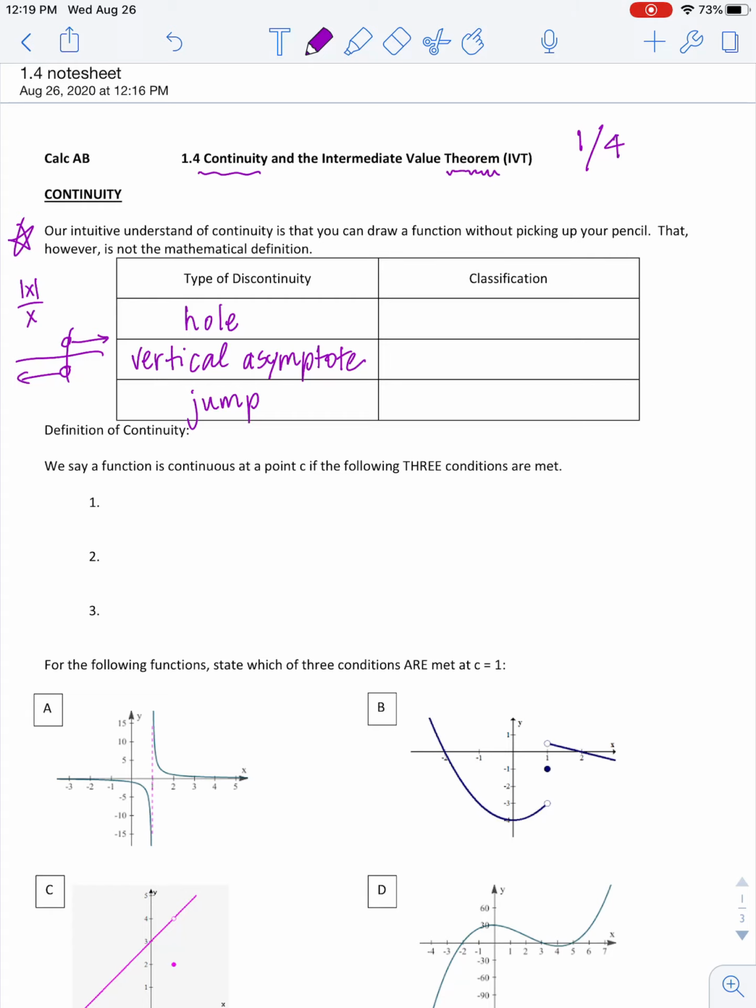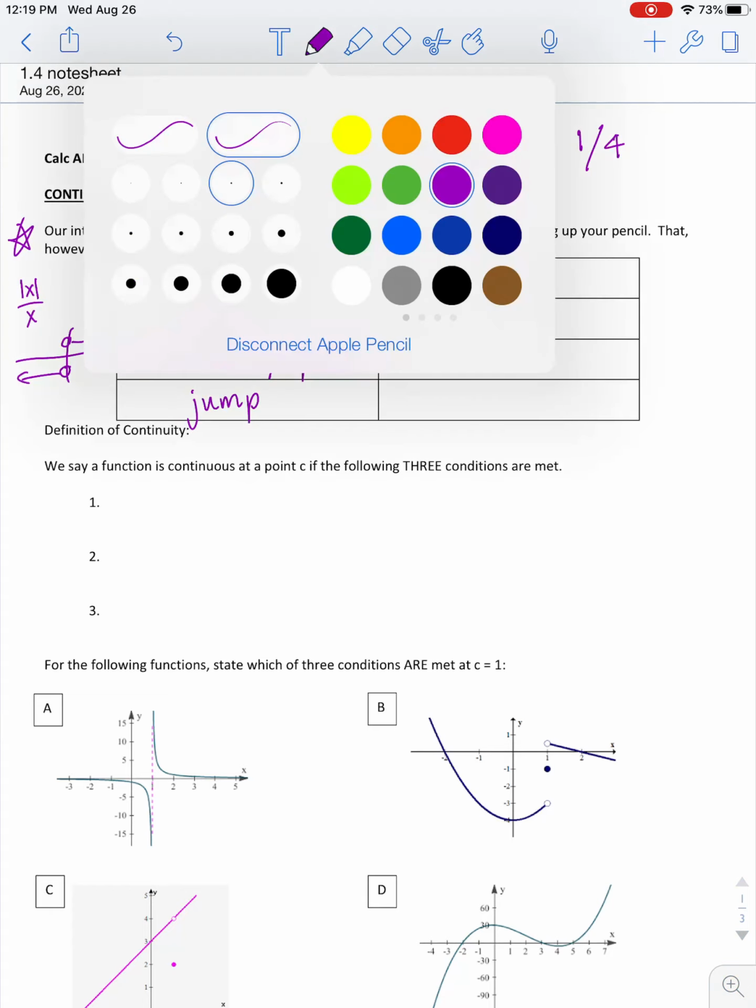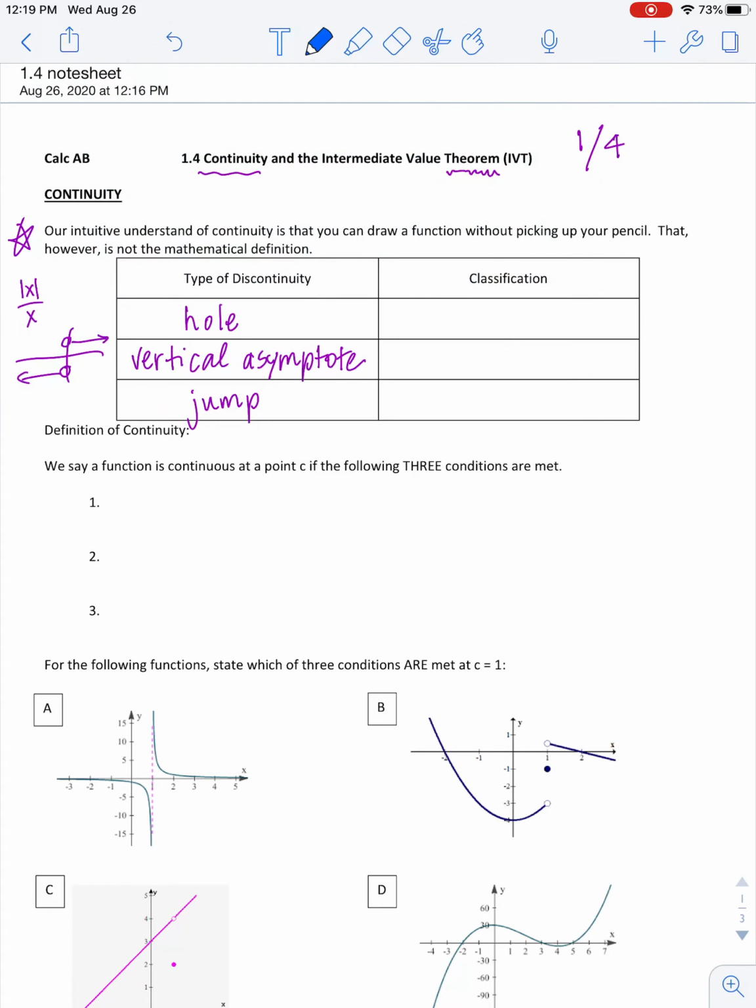All right, and then let's talk about what we would classify these as. If I'm classifying a hole, we call that a removable type of discontinuity, which means there's only one value in the whole graph that actually causes us to pick up our pencil. The other two in this list are what we call non-removable